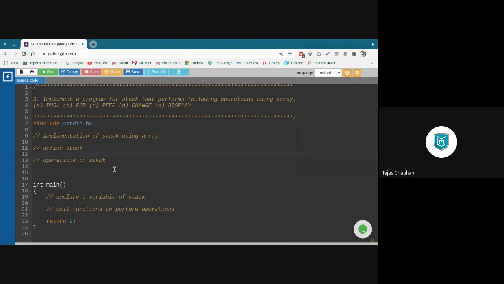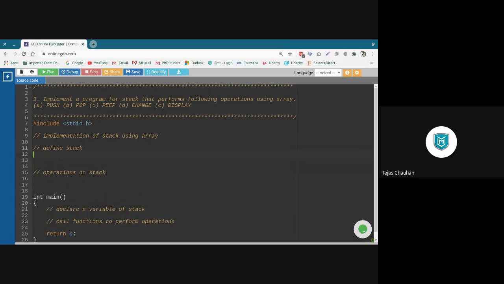So let's start with defining a stack. Now, you can keep the algorithms that we have seen in the lecture side by side. While I'm teaching you the code, you can compare this code with all the algorithms. You'll know that algorithms and programs are almost similar, and you can compare algorithm with functions so that you'll learn how to write functions from the algorithms.